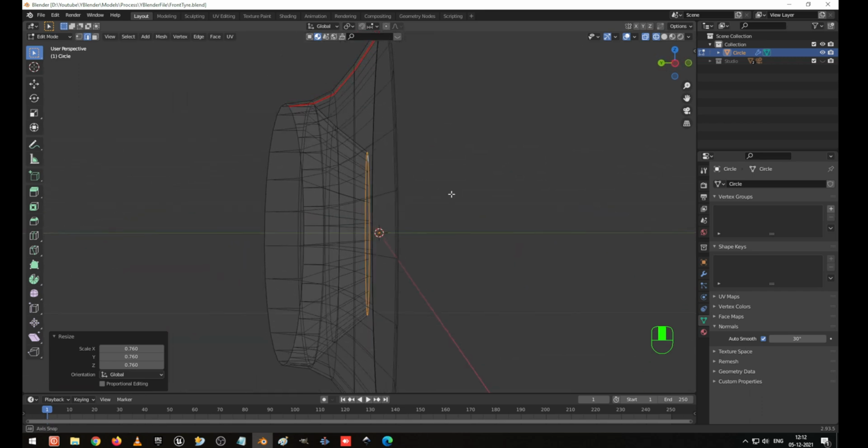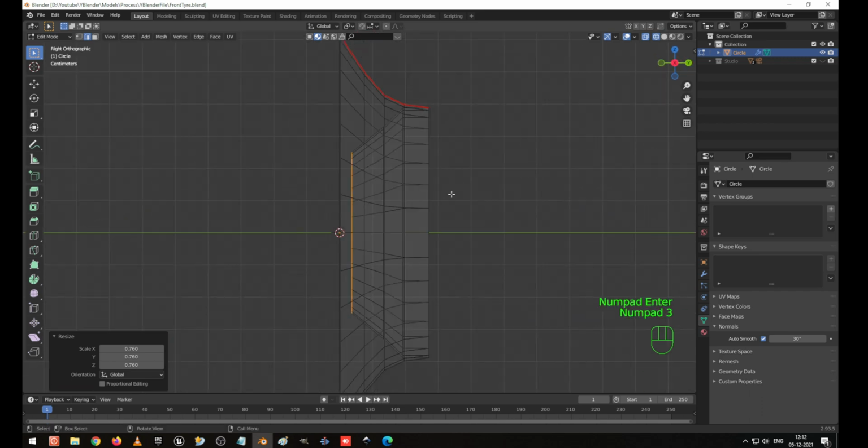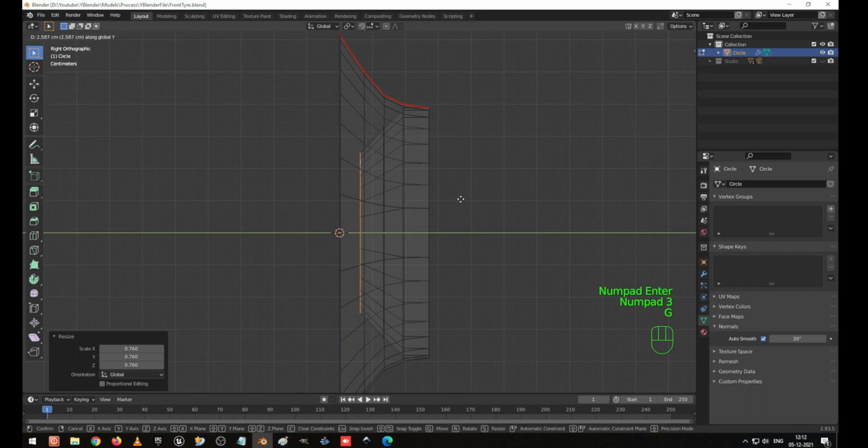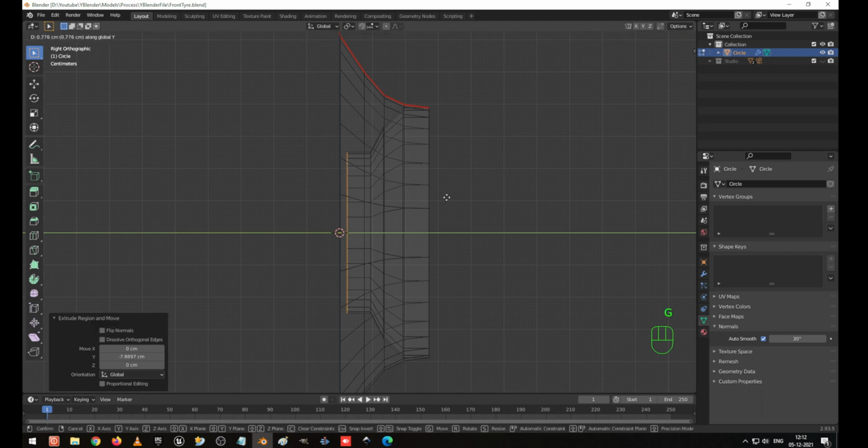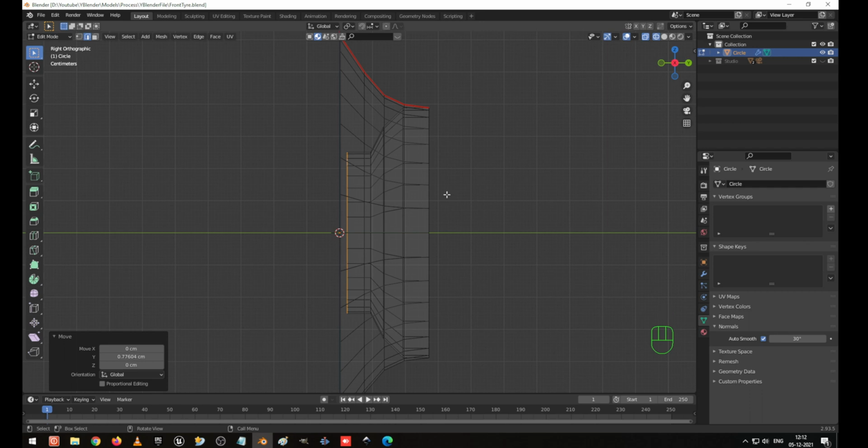Now we have to go to the side view, G Y to move a little bit backward, which doesn't need that much distance, E to extrude on the Y axis, so this is okay, G Y, sorry.